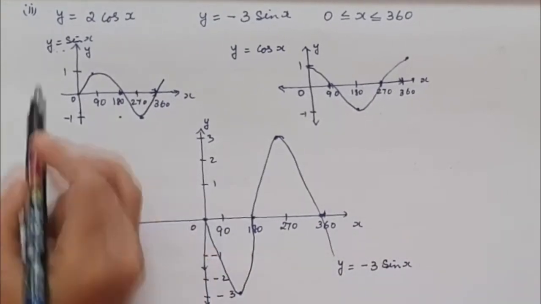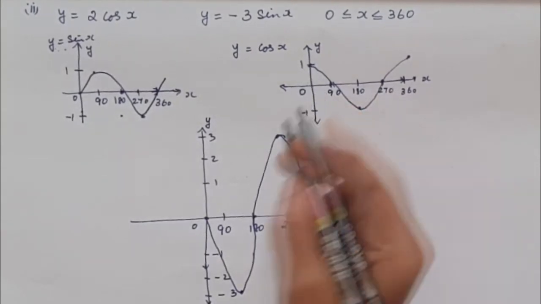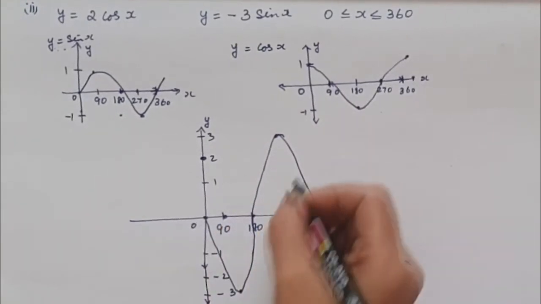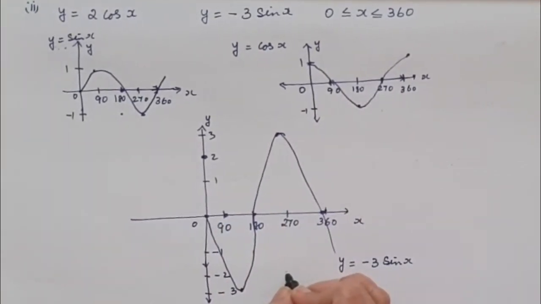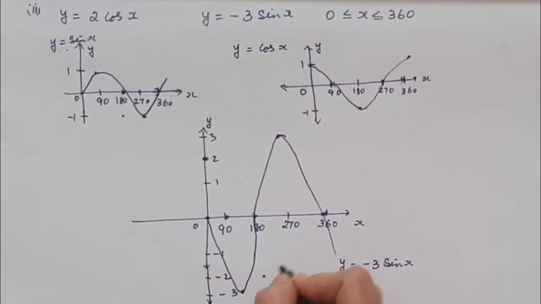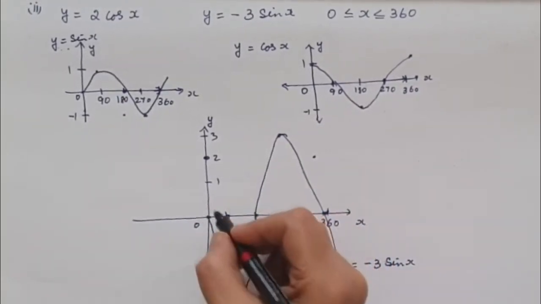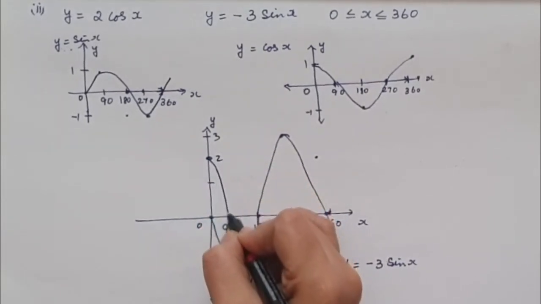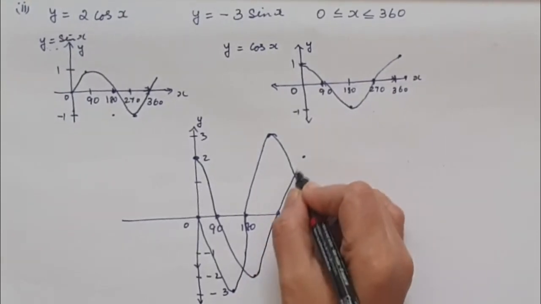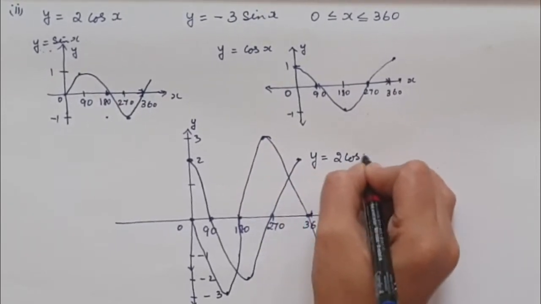So this is the graph of y equal to minus 3 sin x. Now let us draw the graph of y equal to 2 cos x. In the same way, this y point of 1, when we multiply by 2, goes to 2. And the 0 will not change. Cos 180 is negative 1, so 180 will go to negative 2. Then 270 is 0, and 360 will again go to 2. So our graph will pass through 90, then 180, then 270 and then this point. This is the graph of y equal to 2 cos x.